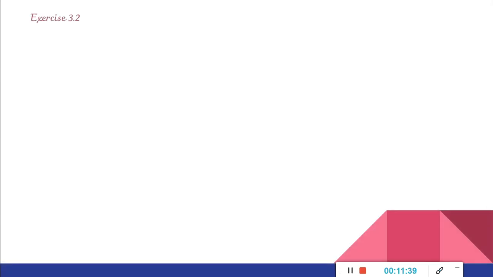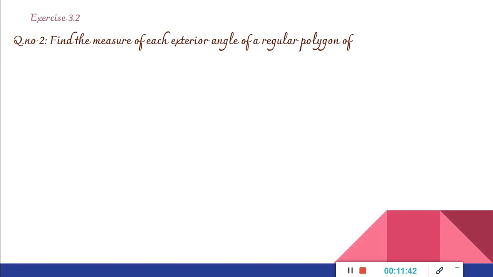Now we can find next question number 2. Find the measurement of each exterior angle of a polygon of 9 sides and 15 sides. So we have learned that the sum of the exterior angles for any polygon, doesn't matter how many sides it has, will always be equal to 360 degree, isn't it? So we have to find out the measure of each exterior angle. It's a regular polygon, isn't it? So that means